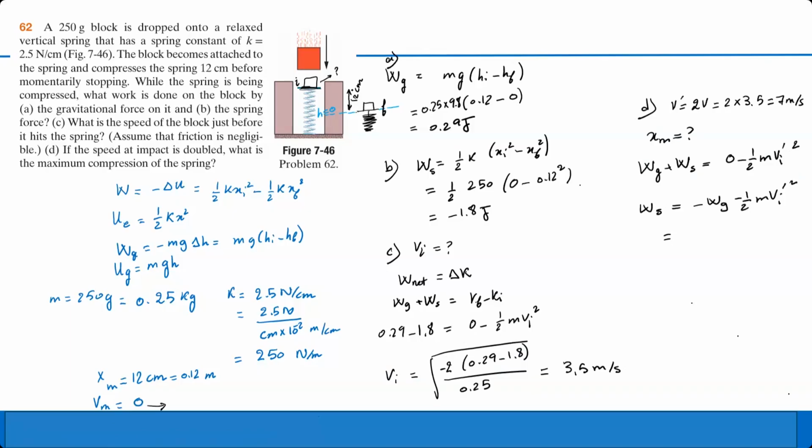So the vertical distance covered, this one, it's no longer 12, it's something else. So I'll have to keep the work done by gravity in terms of this new distance. So this will be mg into the new height, which I'm looking for, minus 0. Here I have minus half times 0.25 times 7 squared. I have the new initial speed. The work done by the spring is going to be half times 250